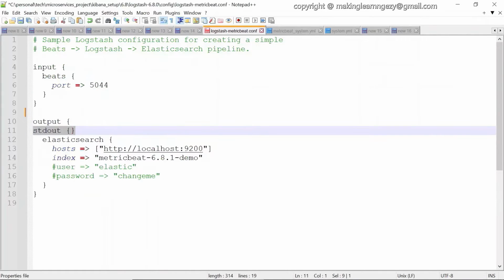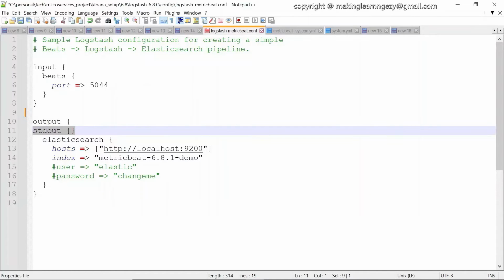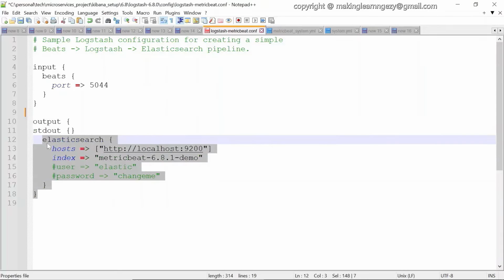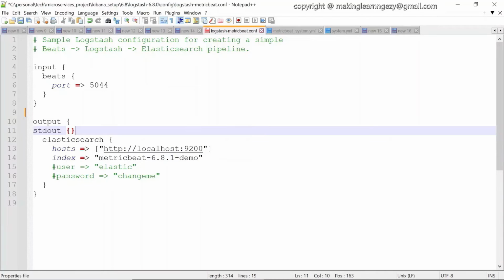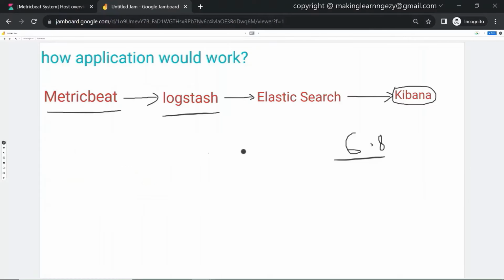You can also see one more output here, standard output, which means whichever event is sent by Logstash will be sent to the console as well as to Elasticsearch. So if we look at the console of Logstash, we would find the event and we can check what details are present in the event. So this is the configuration for Logstash, and we have completed it.